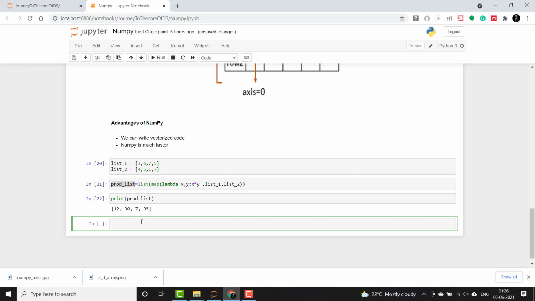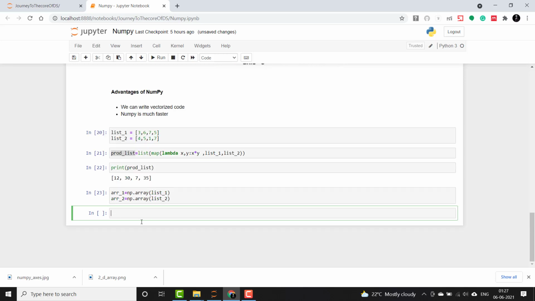Now check out how we'll do it in NumPy. I will say arr1, and I will create a NumPy array and pass this list here. Then I will create another array, arr2, and the same way we will pass list2.